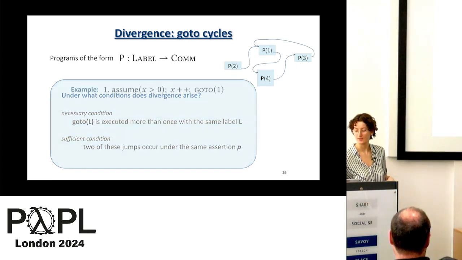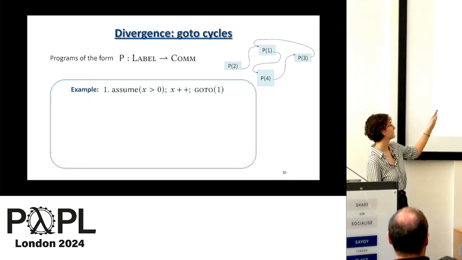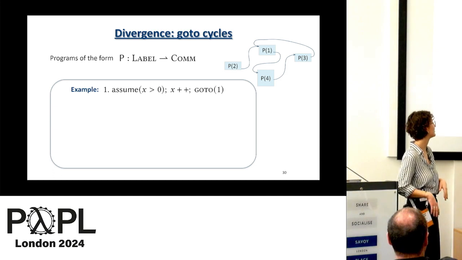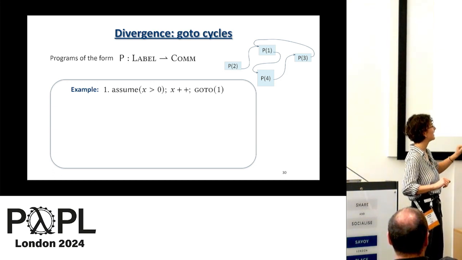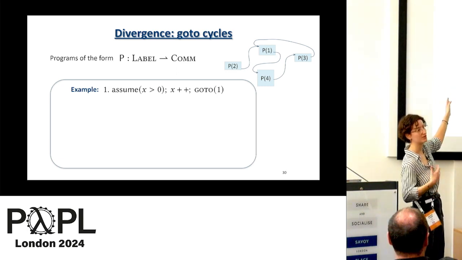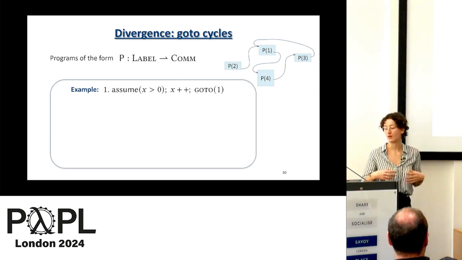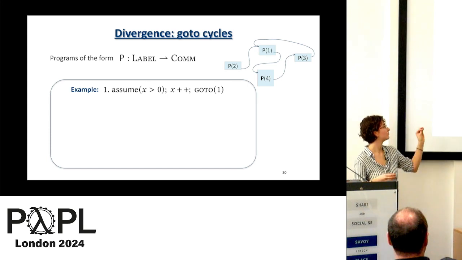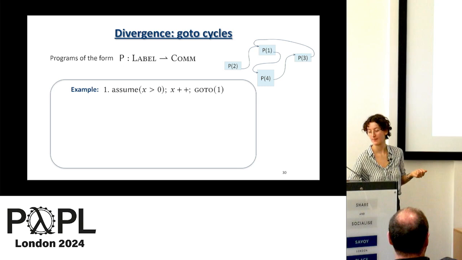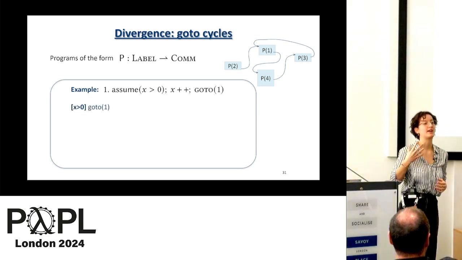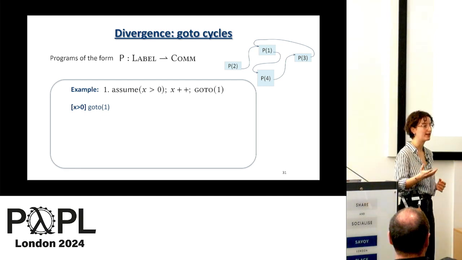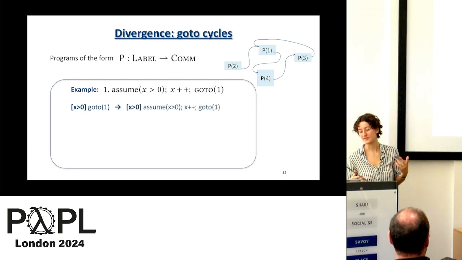So to look at an example, this is a very simple, very stupefied example, where you assume that some variable x is positive, you increment it, and then you go to 1, meaning you jump back to the beginning of the line. Now I would like to reason about the fact that go to 1 can diverge if you start with a positive value x. So you say x is positive, we execute go to 1. That means that we execute the program code saved at label 1. This is just a sequence, and we can go through it one by one.